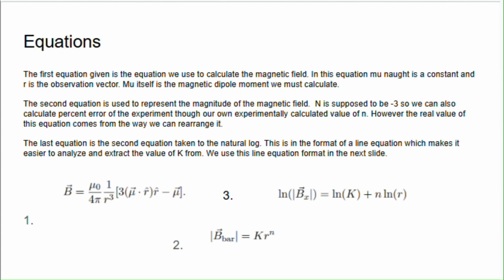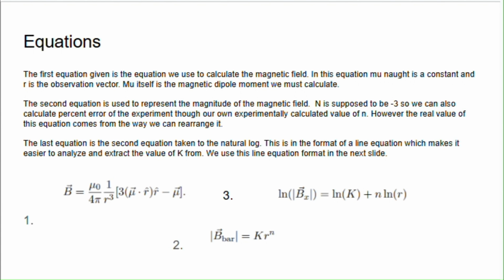Some equations we use. The first equation given is the equation we use to calculate magnetic field. In this equation, mu naught is a constant and r is our observation vector. Mu itself is the magnetic dipole moment we must calculate. The second equation represents the magnitude of the magnetic field. N is supposed to be -3, so we can also calculate percent error of this experiment through our own experimentally